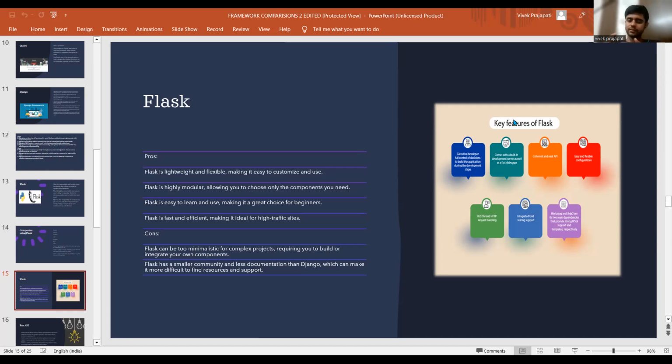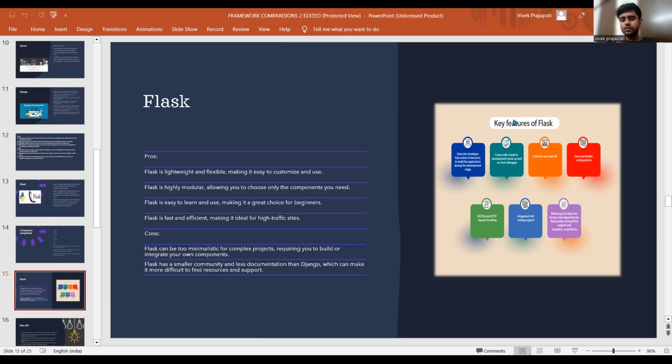Cons are that it is for minimalistic projects. You cannot build highly complex projects like Amazon built their applications, or Instagram, or YouTube, because it does not have that level of complexity for building. It has a smaller community. One major advantage of Django over Flask is its community.